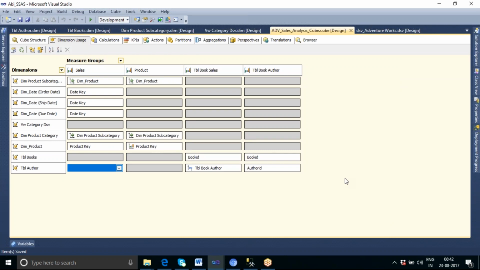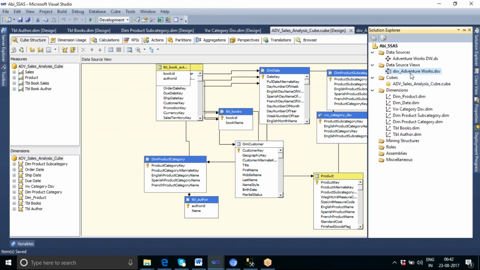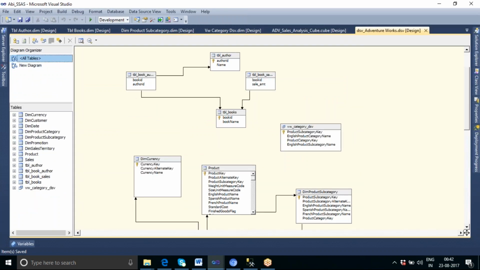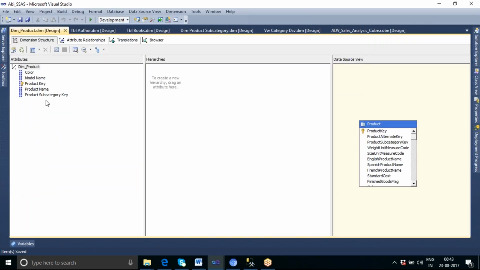By creating these relationships, your query performance is going to increase slightly. Why? Because in the data source view, when you are selecting the dimension tables, you are selecting all the columns. Suppose this dim product has 30 columns, you are selecting the entire table. But while creating the dimensions, you are filtering out the columns first of all.